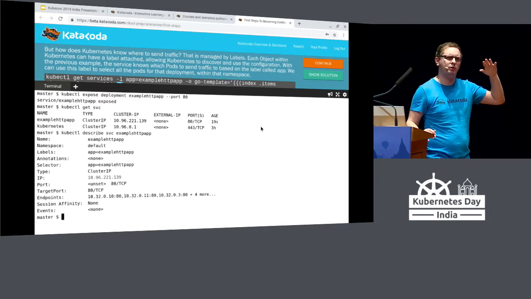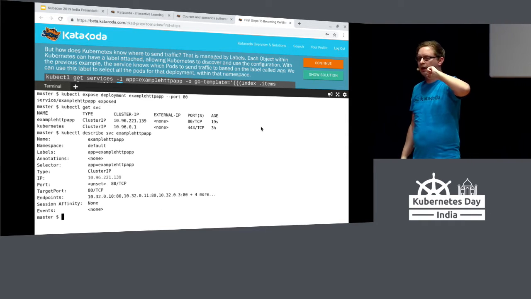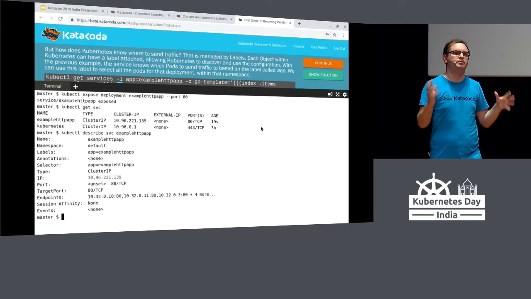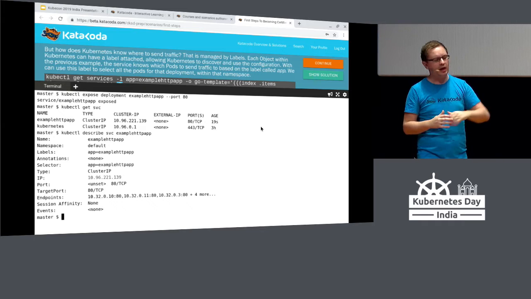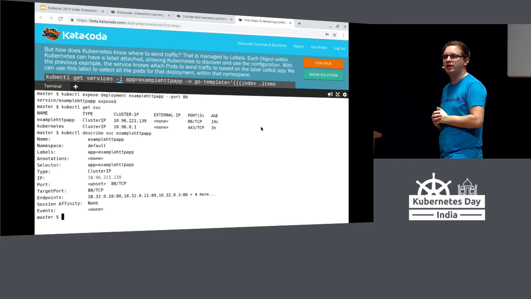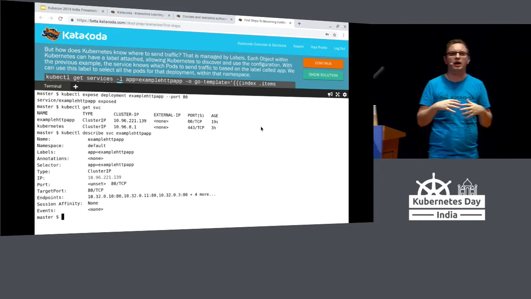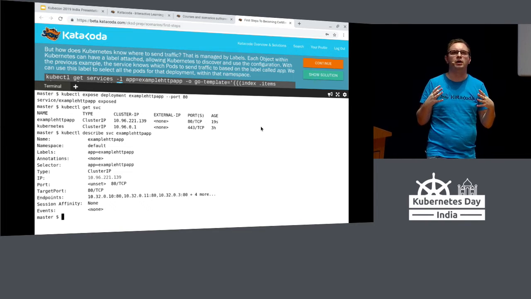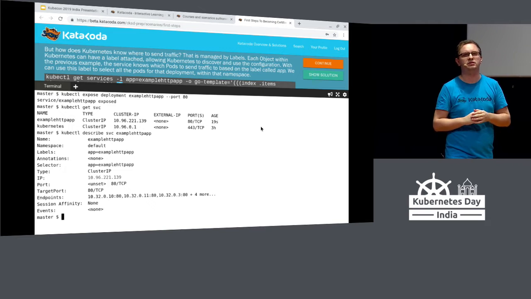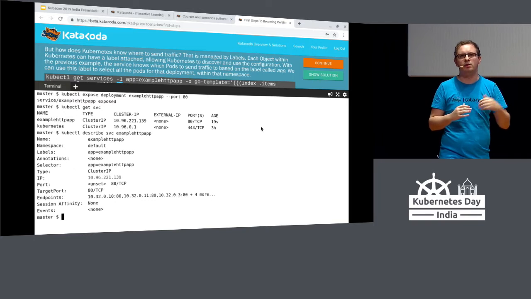How does Kubernetes know that we have a deployment and that's where we want all of our traffic going to? And this is managed through labels. Within Kubernetes, every object has the ability that it has labels attached to it. And we could see that within our service. We can see that it's got a label called app equals example HTTP server. So that's given us some context. So now ourselves, using kubectl, can query and say, give me everything which has got this label, or other components within Kubernetes can use it to discover and automatically configure itself based on these label selectors.